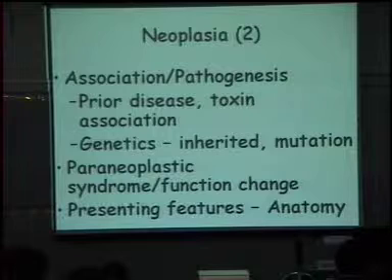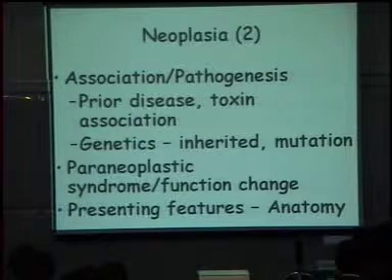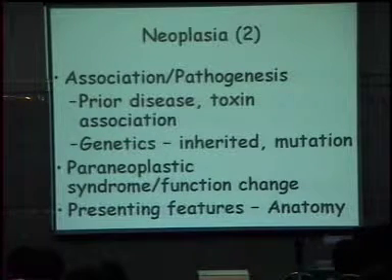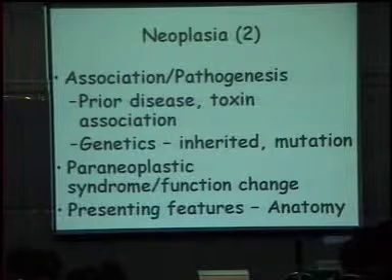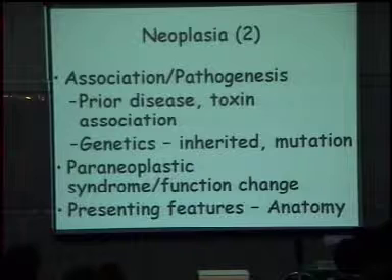The associations, you'll need to know generally. Why? Because some of these diseases have prior diseases or toxin associations that are very specific for that. Sometimes they have very specific genetic abnormalities. Paraneoplastic syndromes